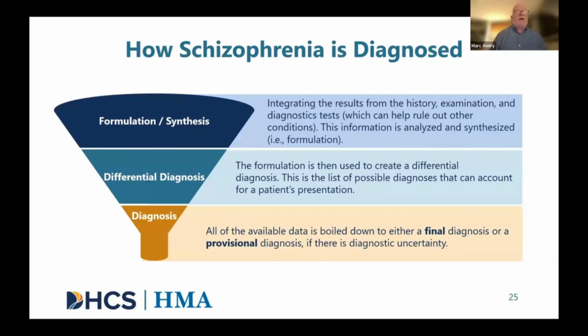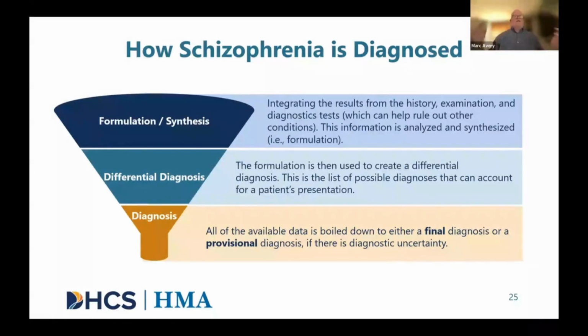So you put all that information together and start saying, how can all of these concepts, symptoms, and signs that we talked about and discovered earlier, how can all this stuff fit together? That's a process known as formulation. The formulation then goes on to create the differential diagnosis, where the clinician says, okay, here's all the stuff that we discovered about Darren.